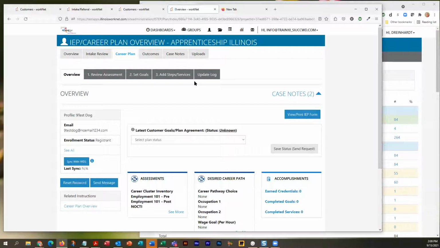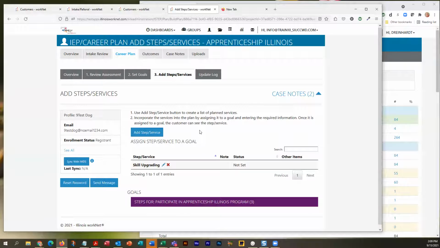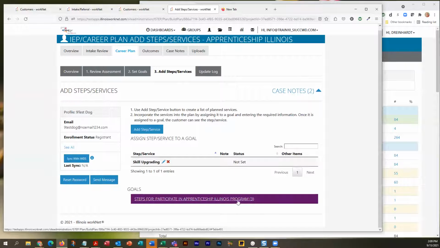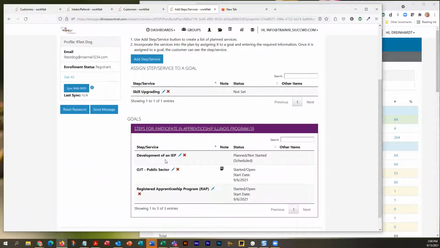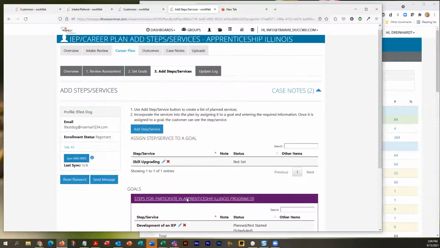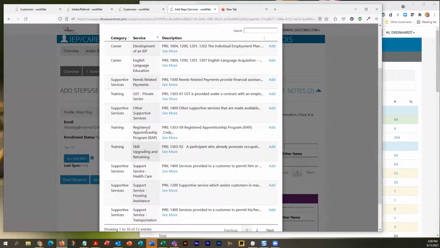So under career plan, under add steps and service, there should be an automatic goal associated with each customer that you're adding, and it's called Participate in Apprenticeship Illinois. If you click that open, anything that you add to that will show up down here. If you click on the add step or service, you should see it in here under training, registered apprenticeship program.